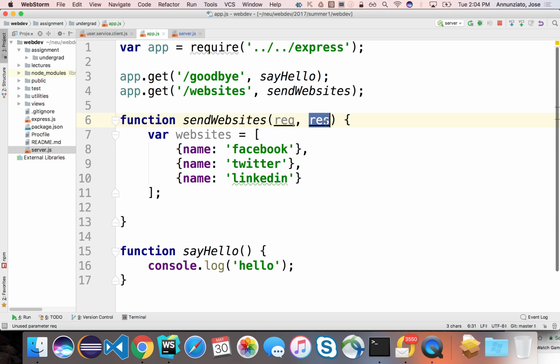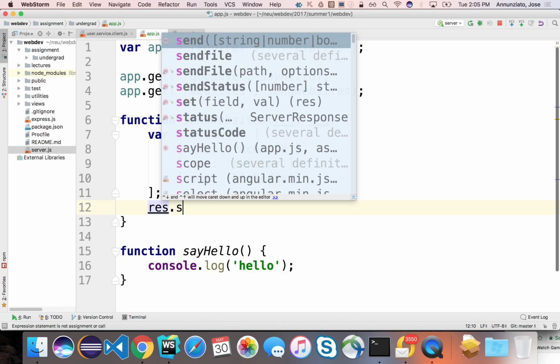And it also provides us with a way to answer or respond back to the client, so that we can participate in this client-server relationship. That makes sense? So the request tells me what comes from this client, and the response allows me to answer that request and send back